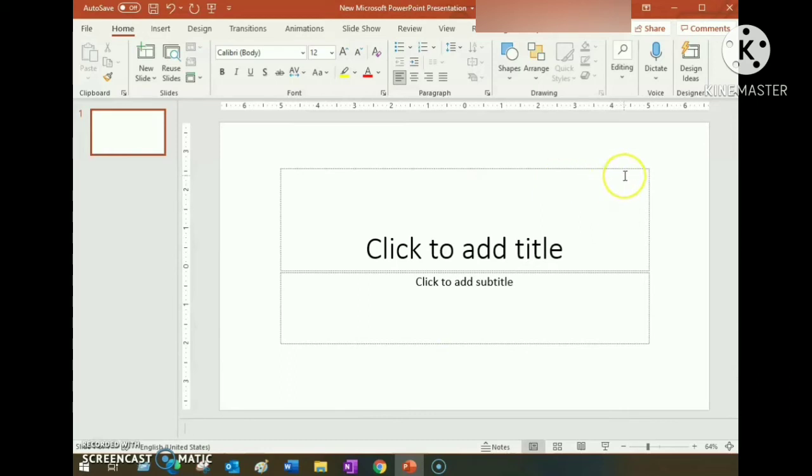These placeholders are basically a part of the layout. PowerPoint gives you a very effective and very good option of using layouts, which are predefined arrangements of objects. So there are predefined placeholders given in the layout for different types of slides. This is the layout of a title slide, where you can see there are only two text boxes, one